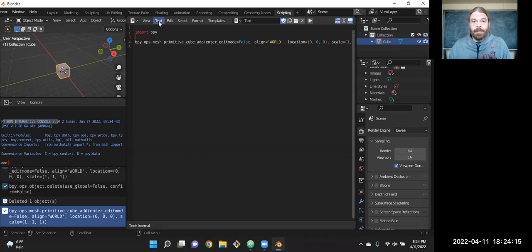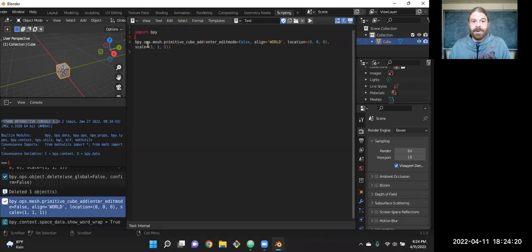I guess I should turn on word wrap. Under view, word wrap, because it's a long one. So ops for operation, a mesh object, and we have an add cube method. Hopefully that looks somewhat familiar from Python. Even if you haven't seen these objects, you at least know how to recognize the object and method in an object. The name of it, then parentheses, which would actually look almost exactly the same in C#. We just have a semicolon at the end.